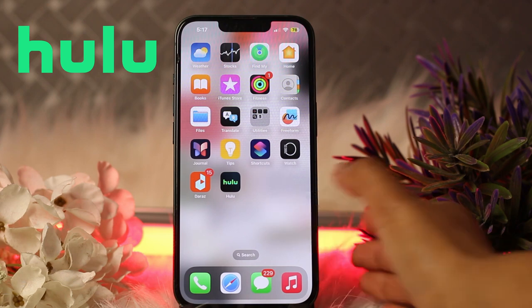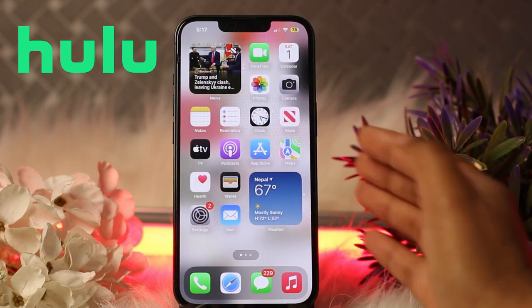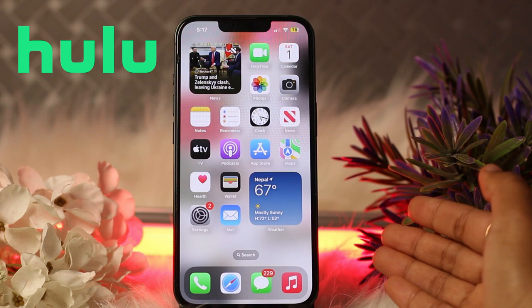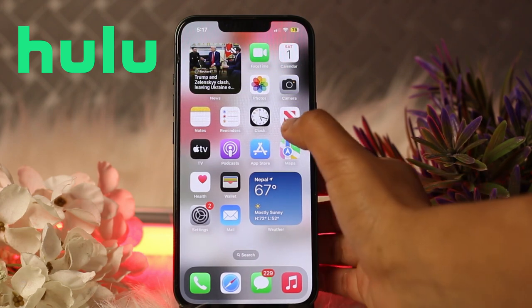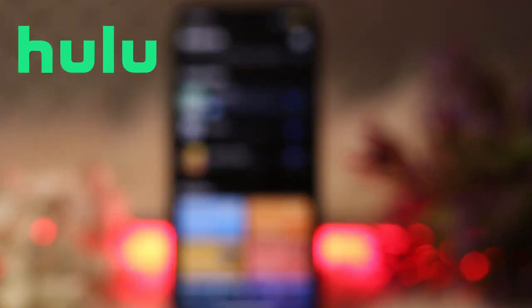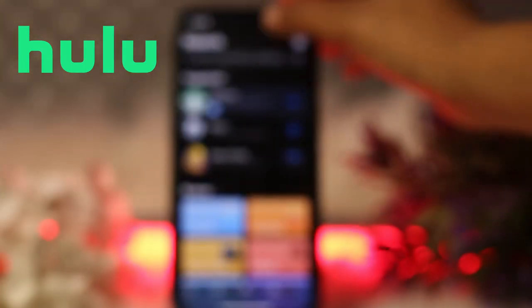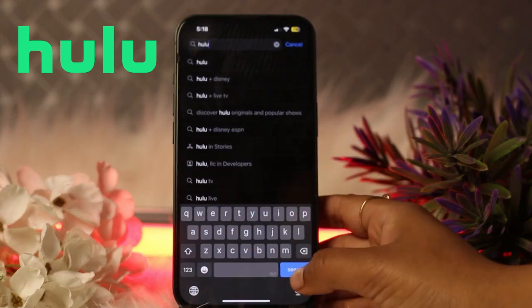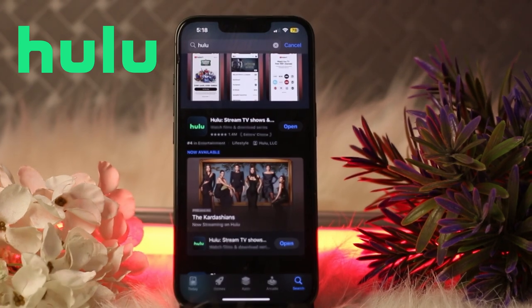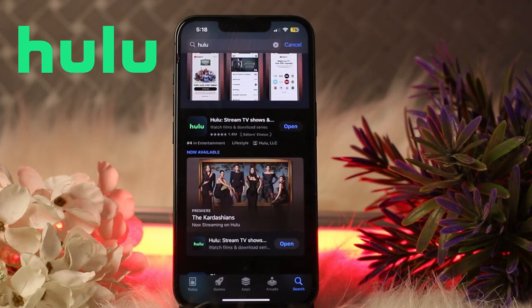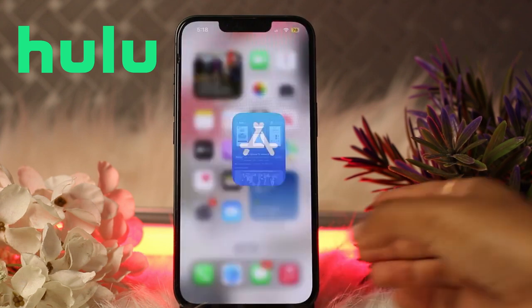To update your app, you need to go to your Play Store or App Store. If you're an Android user, you can simply visit your Play Store. As I am an iOS user, I will visit my App Store, and after clicking on the App Store, there will be the search option, and you need to search for the respective app, Hulu. After that, you can see there are no updates available. If there is any update available, you need to simply update your app accordingly. As there is no update available, you need to simply scroll up